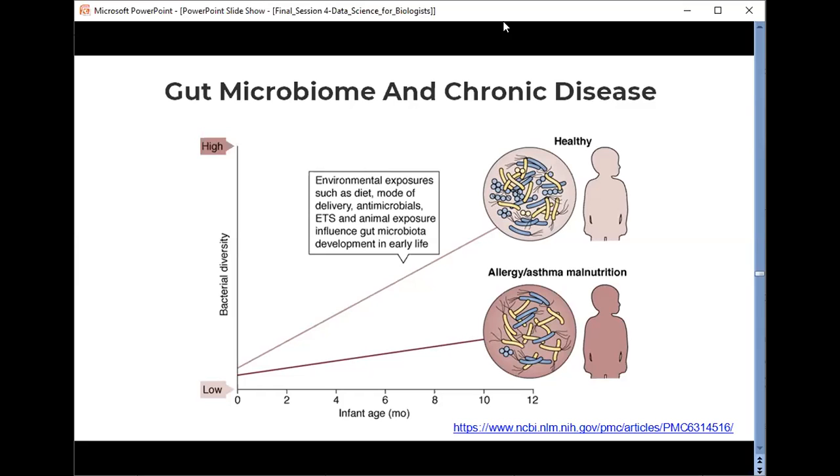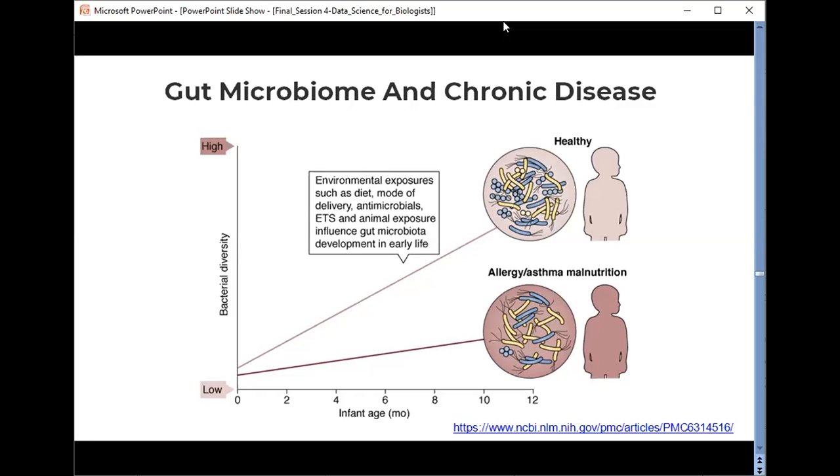So the infant gut bacterial microbiome rapidly diversifies over the first year of life in healthy infants, right? It is delayed in those who develop allergy or asthma or who are malnourished. A number of pre-, peri- and post-natal environmental exposures are known to modulate risk for these childhood diseases, that is formula feeding, antimicrobial use and exposure to environmental tobacco. These same exposures also relate to gut microbiome composition at discrete developmental time points and to successfully developing the different diseases.